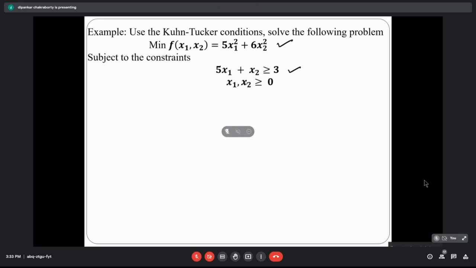Now here we have to create the Lagrangian function. In the last two problems we had taken two variables and two constraints. Here we are considering two variables and one constraint. So first of all, the Lagrangian function will be of x1 comma x2, right? For one constraint you are going to get one lambda and one s. So what will that be? 5x1 square, tell me, plus 6x2 square, then